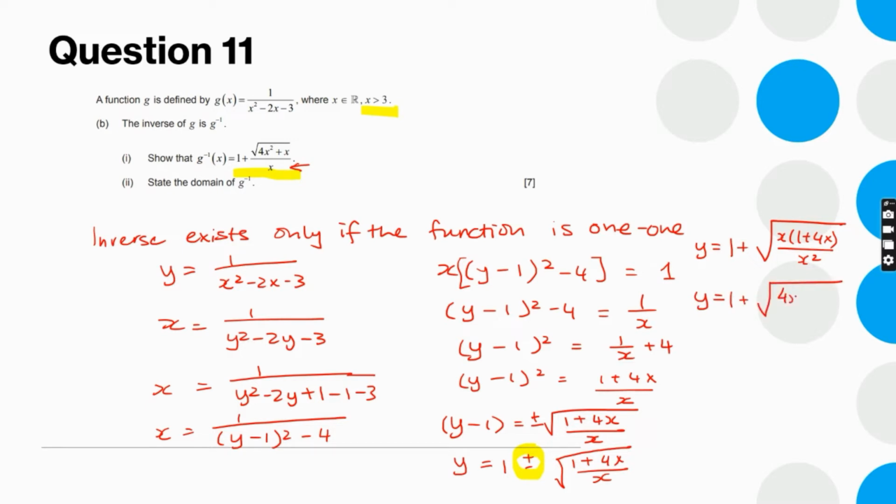So there you go. I get x squared plus x over x squared, and when you square root x squared, you get... okay. So now I have the same version as the one in the question. So G inverse